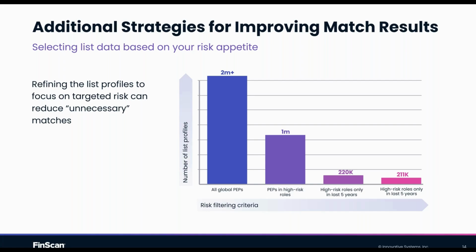So you can see there that, again, taking that risk-based approach by saying there are profiles that we care about, there are profiles that we don't, because it's just not high enough risk, it is not current, and it's not within areas that we do business in whatsoever, you can, again, achieve a really, really good efficiency saving.